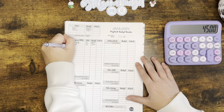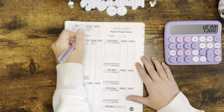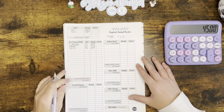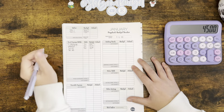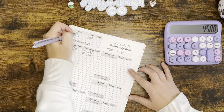Okay, then we have our city number 2 card, also on the 14th, and that's for 115. That's the minimum payment on that. Okay, then we have our auto insurance. Oh, which actually reminds me, I'm gonna put up here